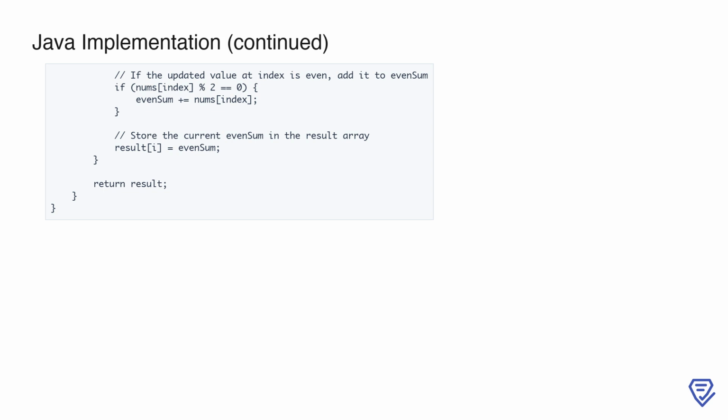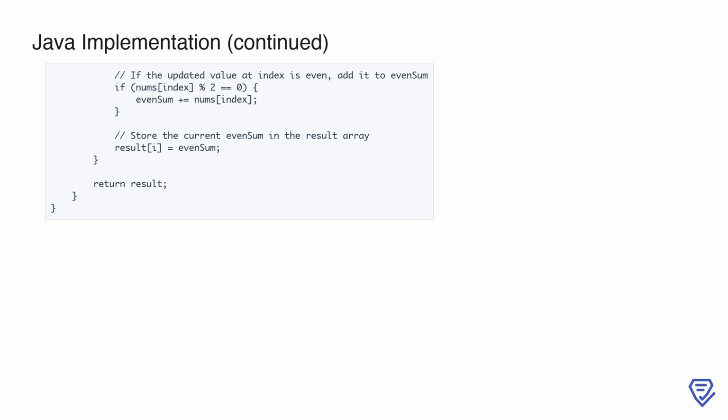after each query. This implementation efficiently updates the even sum by considering only the affected index, avoiding the need to recompute the sum of even numbers from scratch each time. The use of conditional checks ensures that we only modify even sum when necessary, making the solution both time efficient